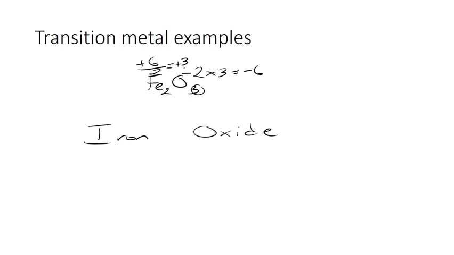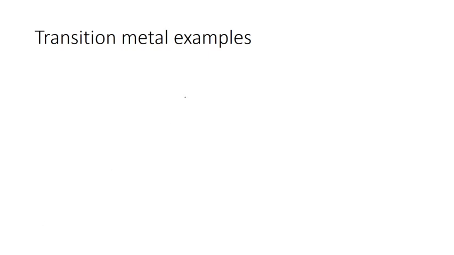So now we know that each iron has a charge of positive 3. So we call this iron 3 oxide. That's it. That's how you do it. That's all there is to it. All right, going the other way, we could do something like